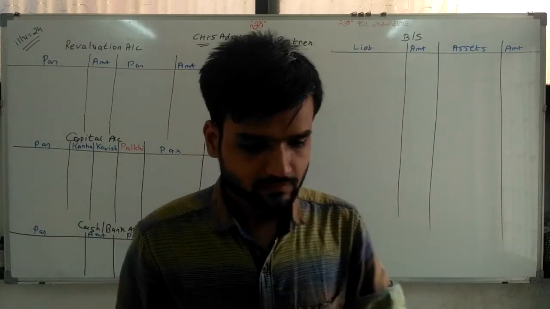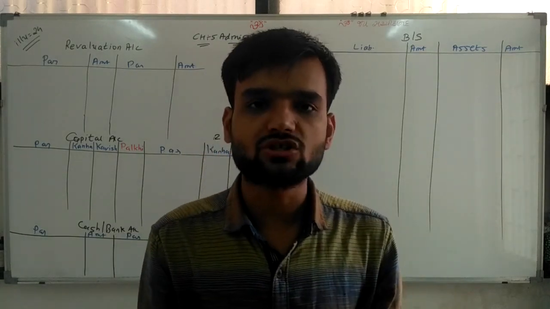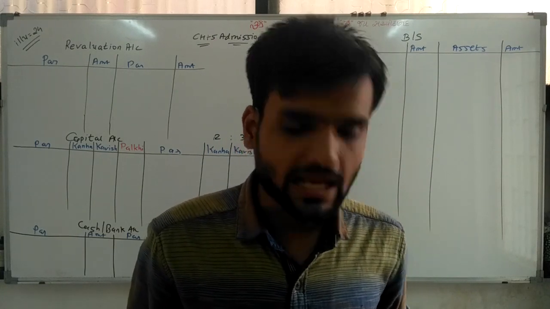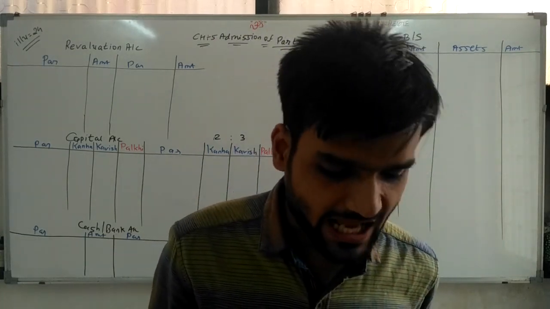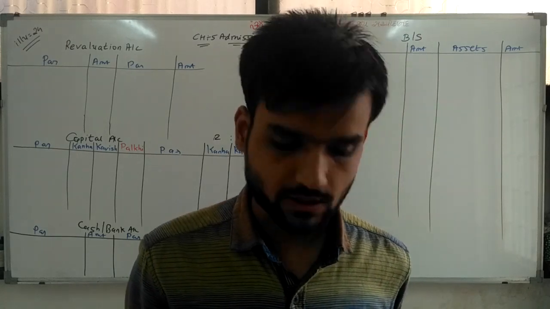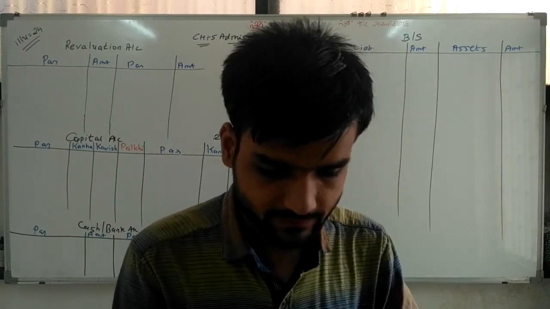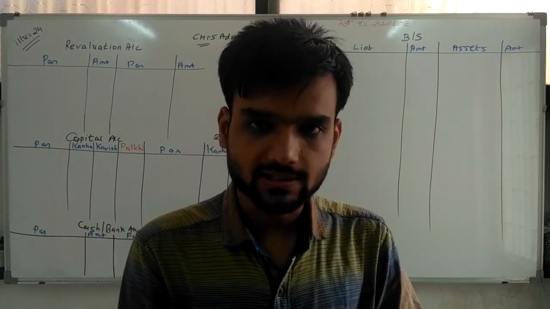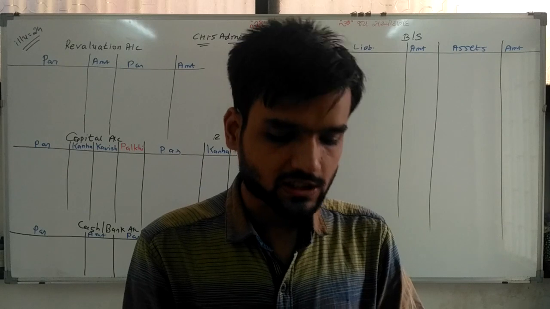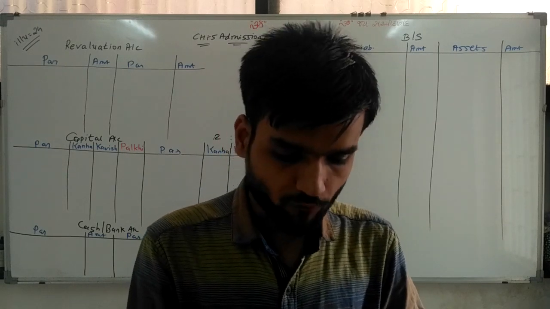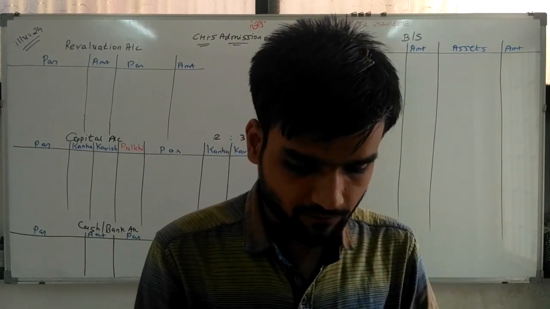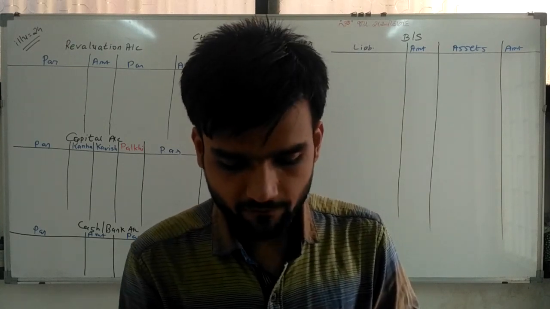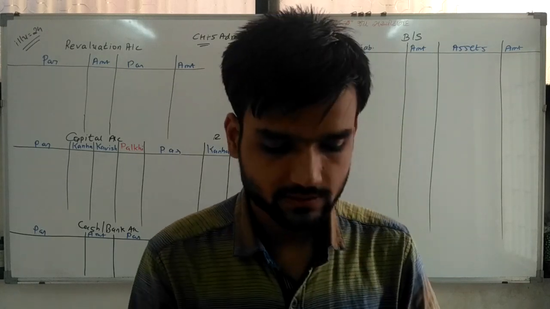Now going ahead, balance sheet given. I am not reading the balance sheet first. First of all, reading additional information. They admitted Palki as a new partner on 1/4/16 on the following terms. Now the first condition, the first adjustment given: Kahana sacrificed 1/2 of her share and Kavisha sacrificed 1/4 of her share in favor of Palki.